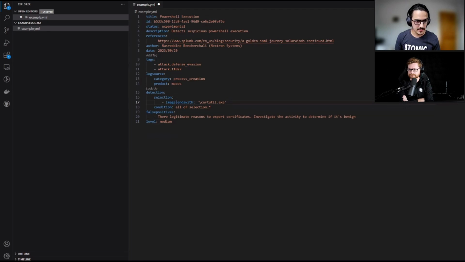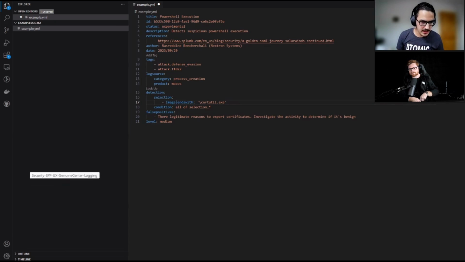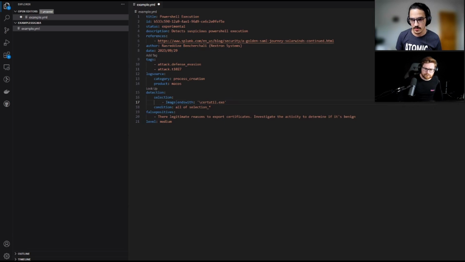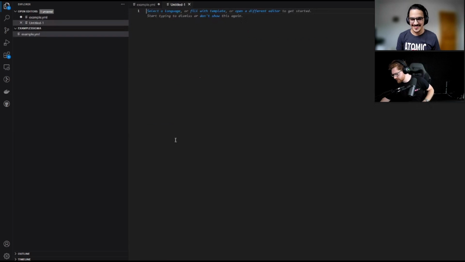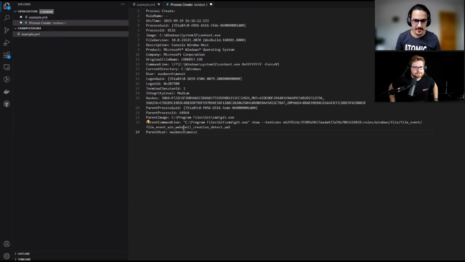Where is it? As I was saying, you can grab any log from Windows or any custom application that you might have and use that, which is quite useful. All right, so where is the process creation log, our favorite log? Are you pulling that from Sysmon, you said? Yeah. Sweet. All right, I'll grab this from Sysmon.